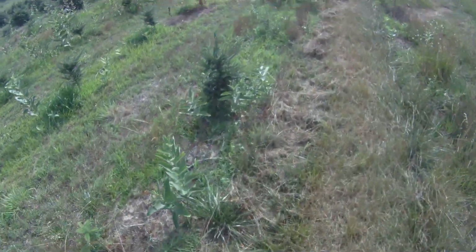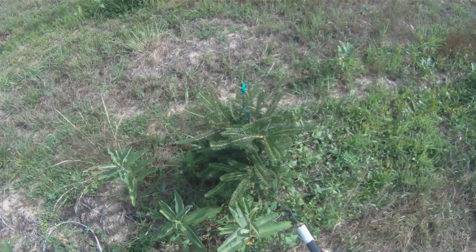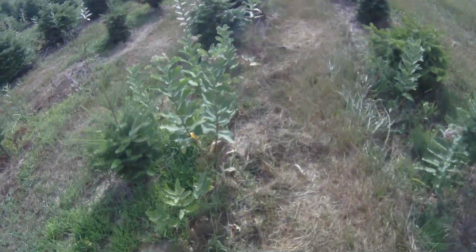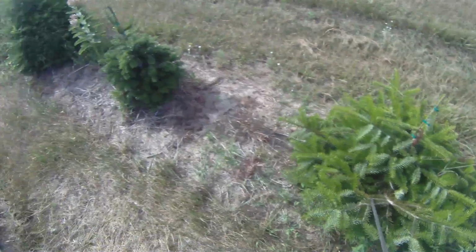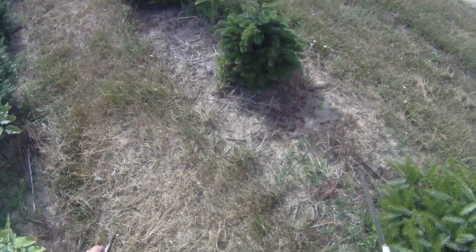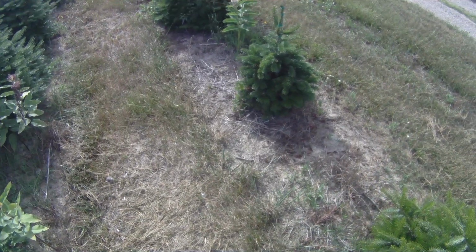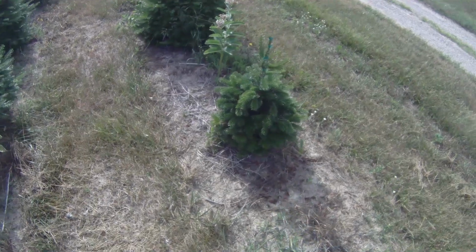So Dad just let me know that he will be taking care of these little guys here. We'll see what he kind of does with this. We're gonna just help him out here. But he wanted me to focus on these guys, so we did try a couple Nordman. I think this is one. That looks like one. Kind of doing all right, but seeing as that was planted in 15 and it's only, you know, the same age as that Grand right behind it, and it's this far,